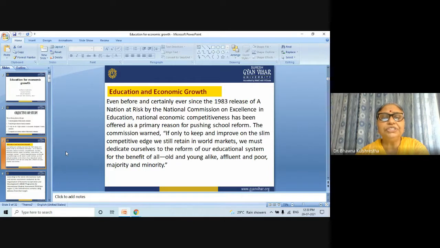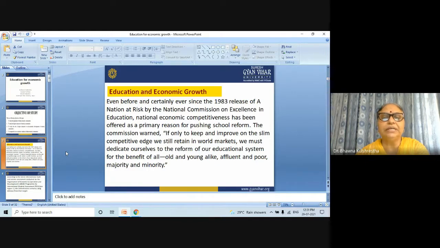The Commission warned, if only to keep and improve on the slim competitive edge we still retain in world markets,